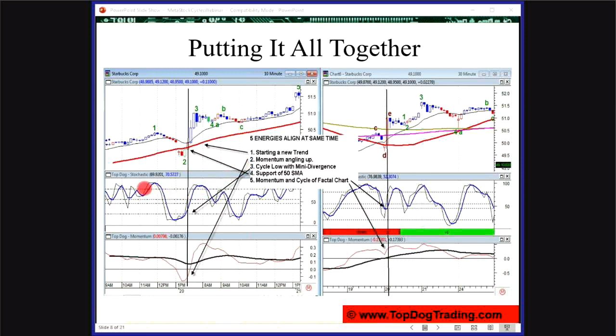So we've got our cycle indicator here. It's a modified stochastic, as you can see. But the key is the pattern on it. Just like there are great price patterns to trade, we look for indicator patterns. So on this modified stochastic, we've got a little mini divergence there. See, the black line is K. Look how K and D, the blue line, are both going up, while price is still making lower lows.